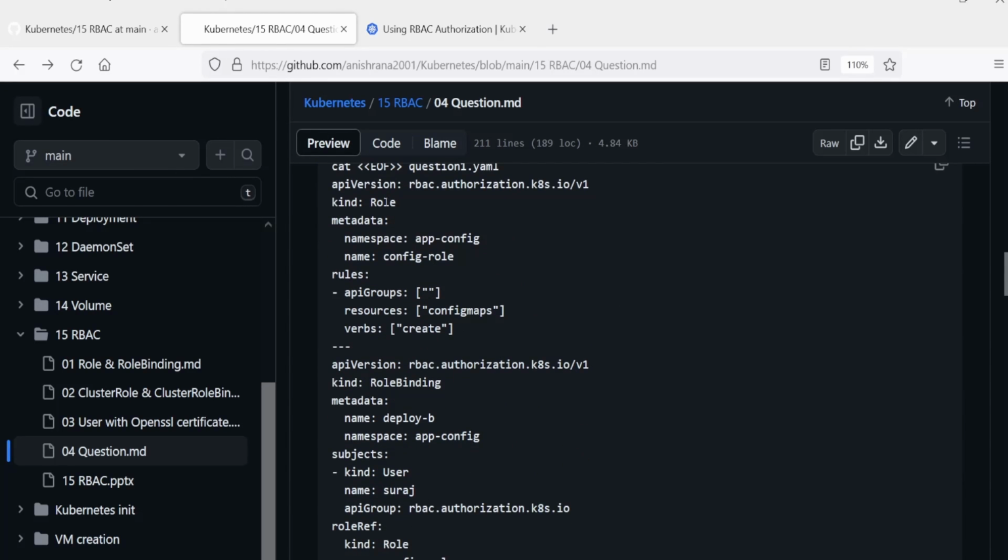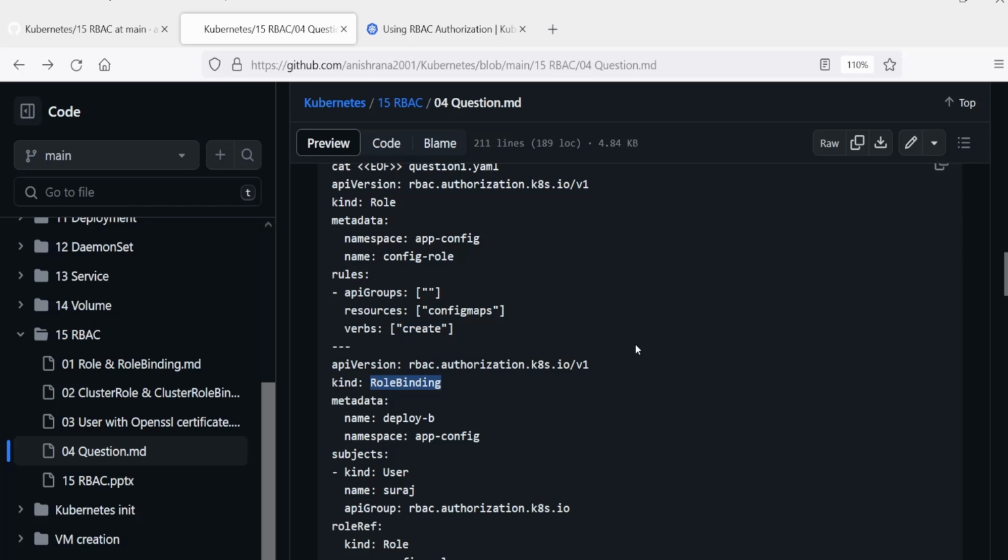This is my role and namespace. I have mentioned app-config. Name of this role is config-role and the API group by default will take RBAC. In the resources, I have mentioned config maps only. Verb is create. This is what we have been asked.